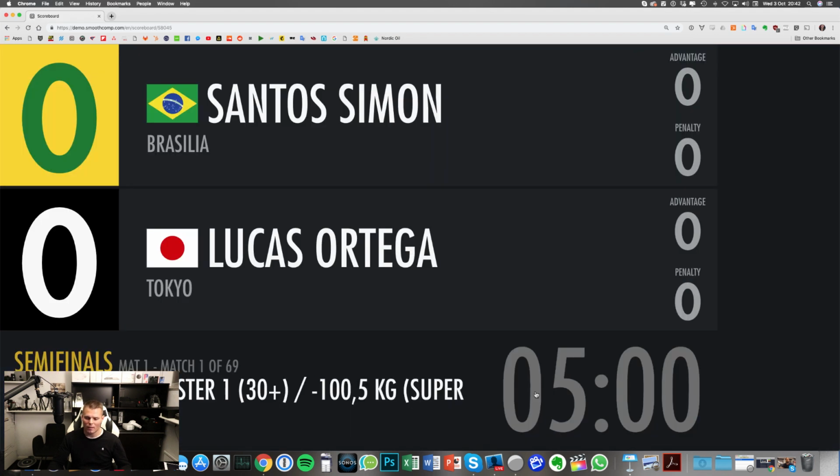And we recommend that if possible, always try to give the scorekeeper a printout of the schedule of the brackets and have them make small notes, because Smoothcomp now has profiles for each fighter, and we get a lot of support requests when people see that they were given a win by points, but it should have been a submission, or that their submission was at this time. So please remember that the information you enter will reflect on their profile.